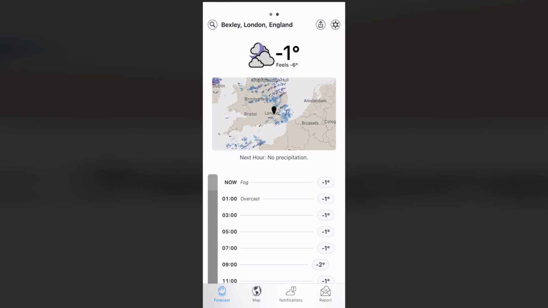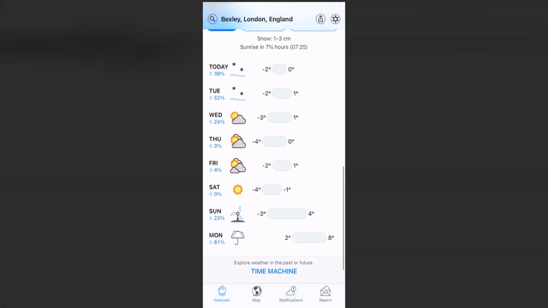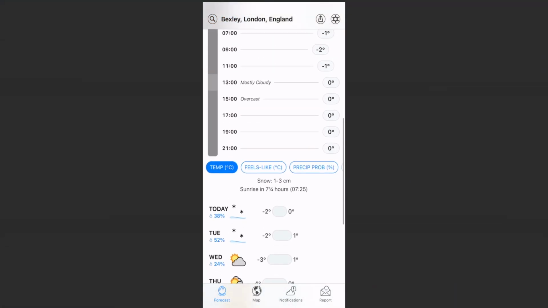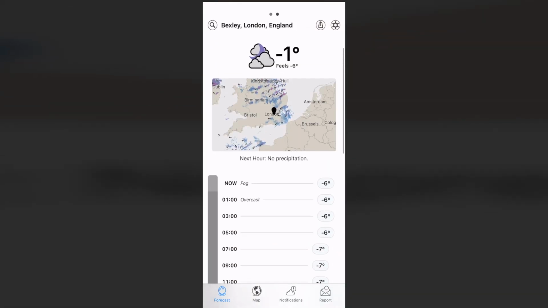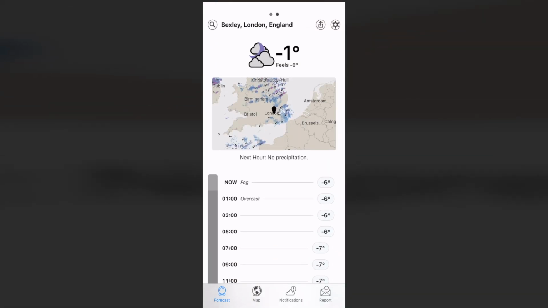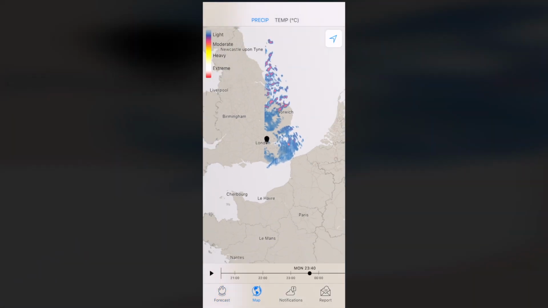You have a small window showing the current radar, and then you have the forecast functionality where you can look at the temperature predicted for the future, feels like temperature, and a few other variables. As with the website, I don't use this a huge amount. I mainly use this app for the radar, so that's what I'm going to be concentrating on. As you can see, the radar is quite small in this screen, but if you click onto the map tab, then you get